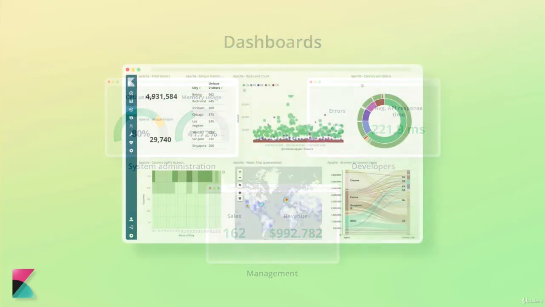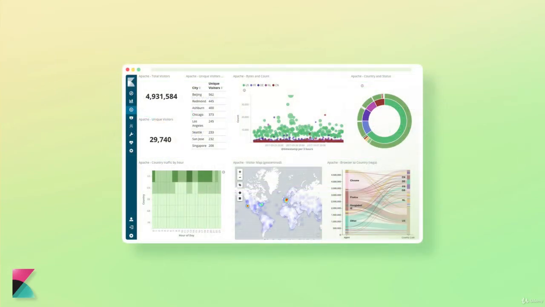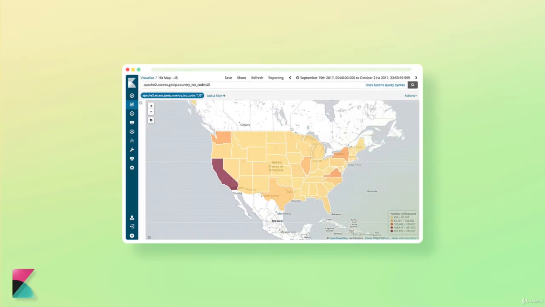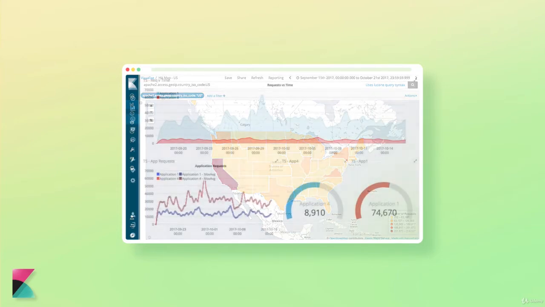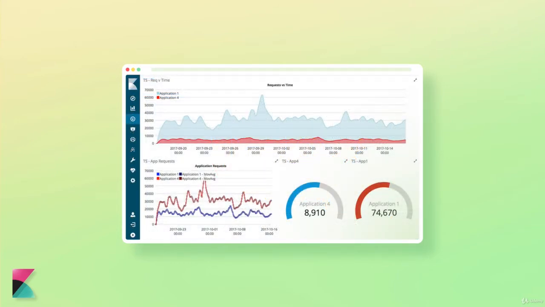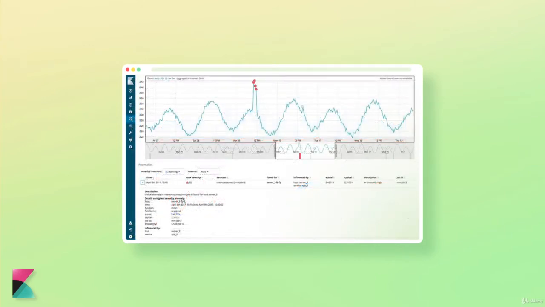On your screen now, you can see a couple of screenshots from the Kibana interface, giving you an idea of what it looks like. I cannot cover all of the features of Kibana here because this is just a quick overview of the Elastic Stack. There is a public demo of Kibana though, which has some pre-configured dashboards and sample data. So if you're curious to see what it looks like in action, then be sure to check that out. I've attached a link to the demo to this lecture.